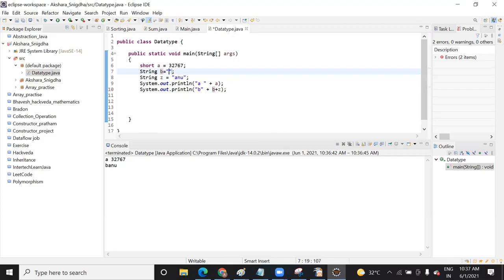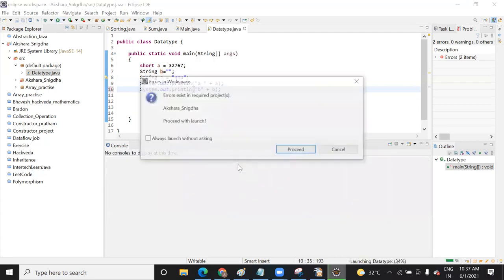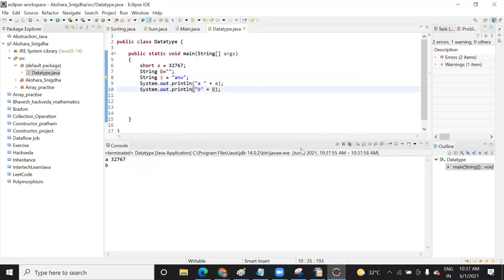And when I write it like this, when I do not initialize any value inside this, let me print it and see. So it is printing the b itself. When we do not initialize any value inside this double quote, it is still printing b.